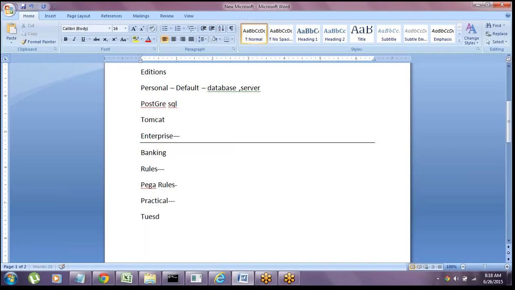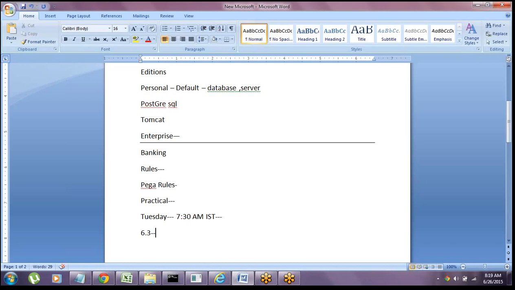Tuesday session. Next session will be on Tuesday, the second class. Whoever joined today's session, you can join the Tuesday class at the same time, 7:30 AM IST. On that day I will show the tool, how the tool looks and what the different options are. But right now, in today's session, I want to show the variation between the 6.3 version and 7.1 version. In today's session I will show the 6.3 version. Okay, how it will look. And in the Tuesday session I'll show the 7.1 version.